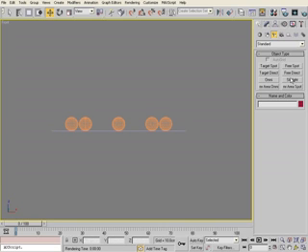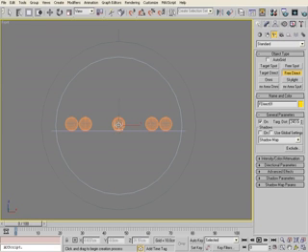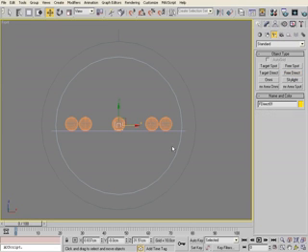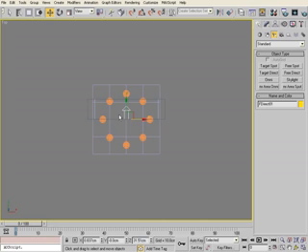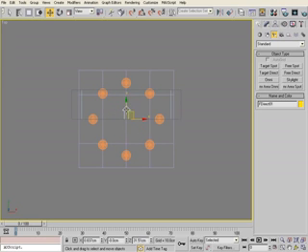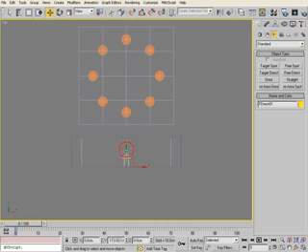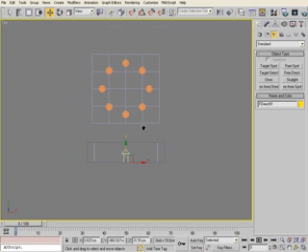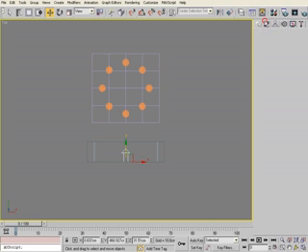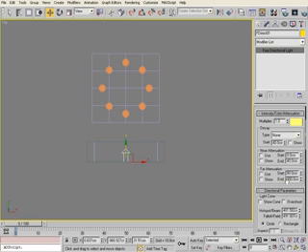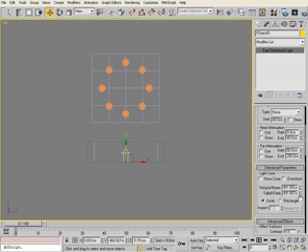So just with the standard lights here, I'm just going to get a free direct, and I'm going to click in the front view, and that creates a light in the front view. And if I go to a top view, you'll see that it's created it right at the center here, which is world center. I'm going to drag it back until it's outside of all of the objects that I want illuminated. And I'm just going to go into the light settings and open up the hotspot a little bit,